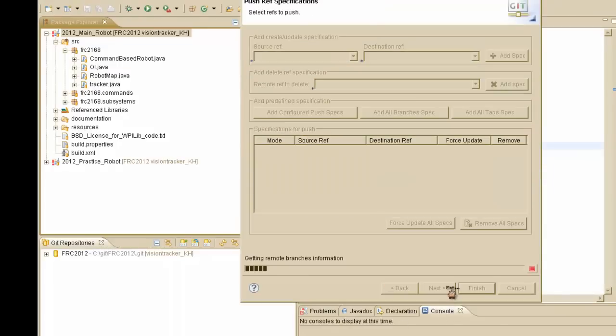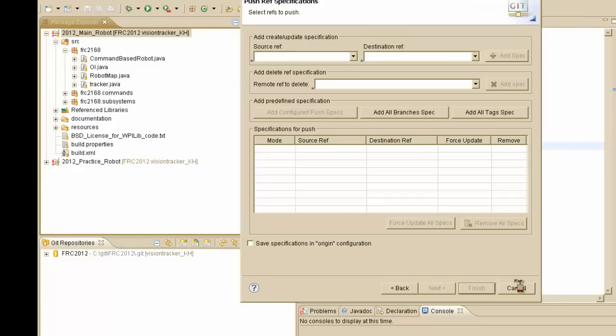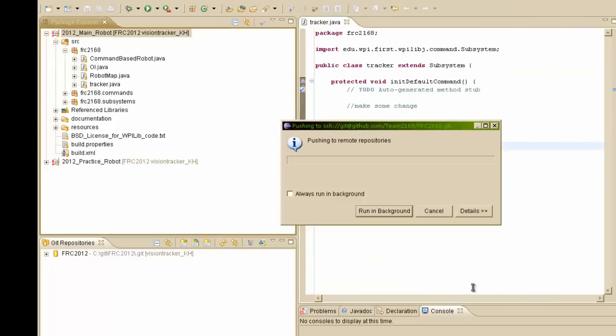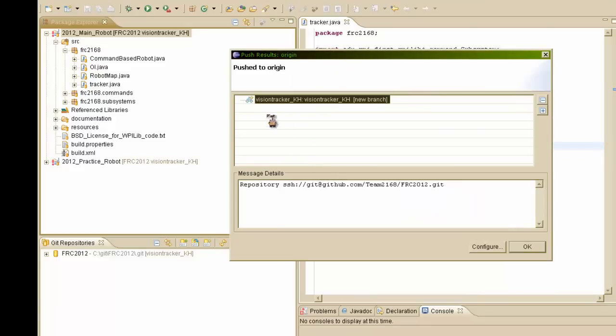Hit next. It's going to get the branches of your current project, and you'll see we have a vision tracker branch, and it's automatically going to tell you to where it's going to create a new branch in GitHub and place your code there. So once you select your source, your destination will be already populated. Then we're going to click on add spec and finish. It is now going to tell you what it's going to do, and hit OK,